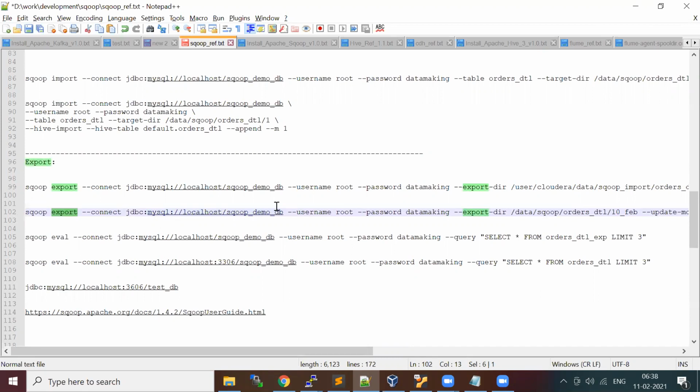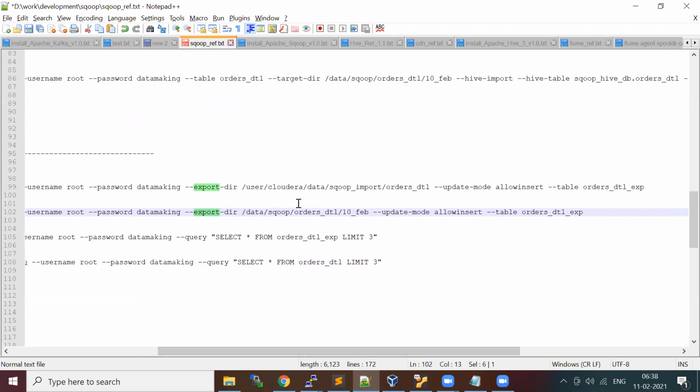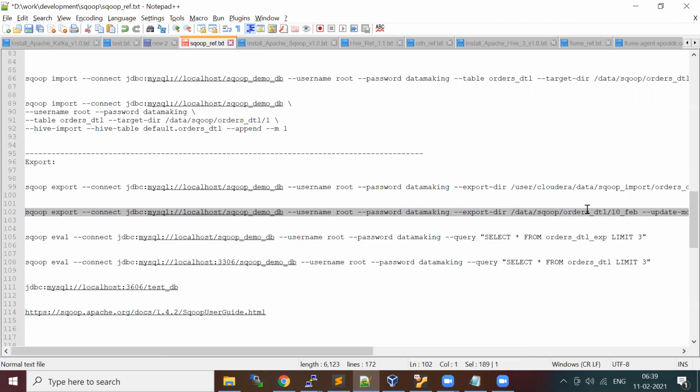And again, we have to provide the JDBC URL, username, password, and export directory, from which directory you are going to pick the data, and what is the table name on the MySQL side, and you need to provide this update mode equal to allow insert. Now let's run this,